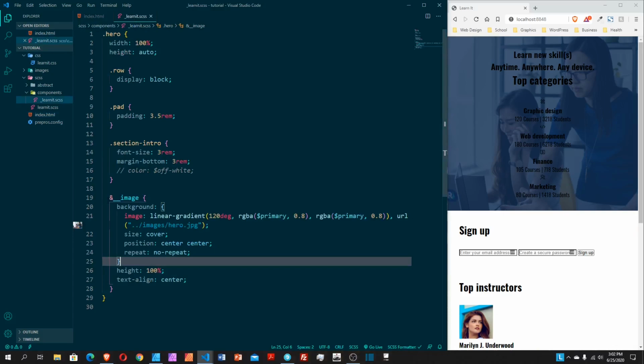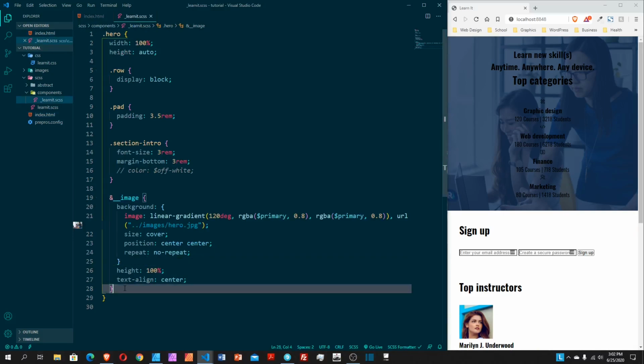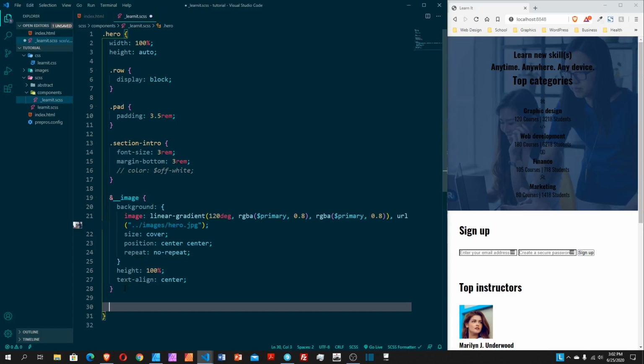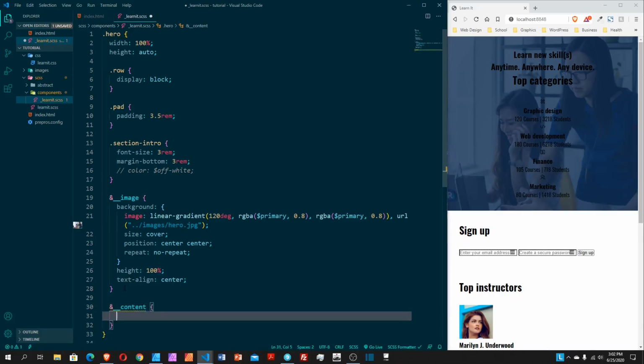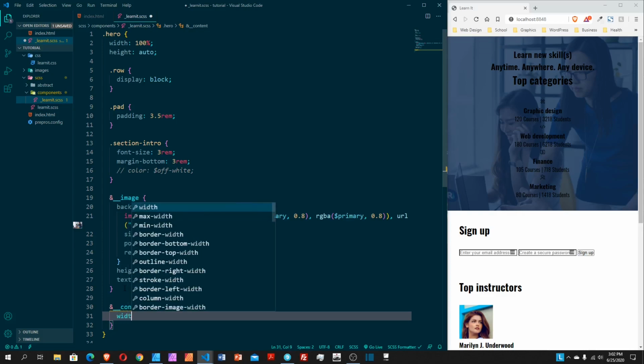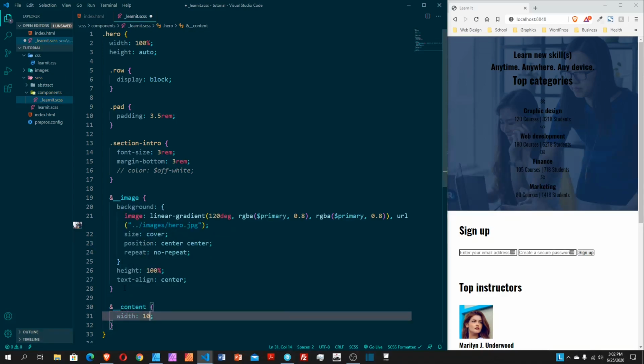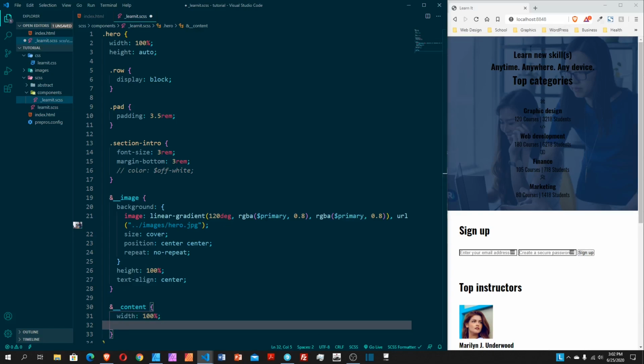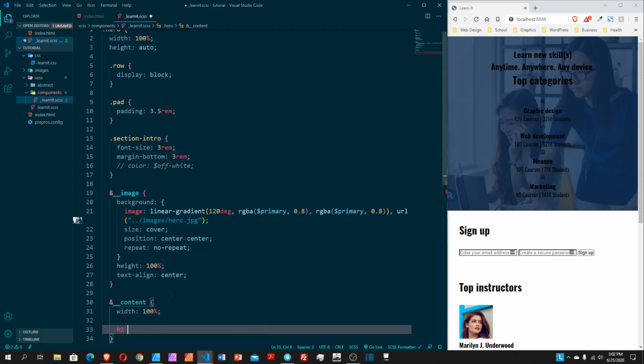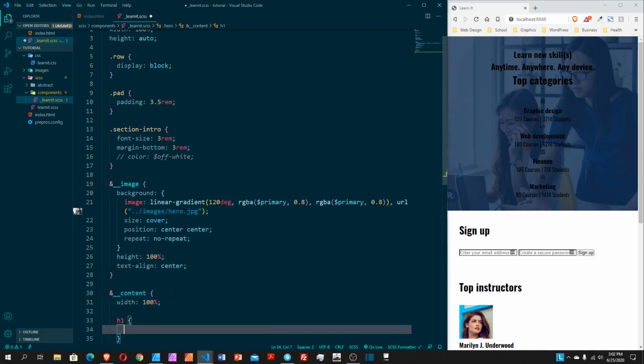So I go down here again. Instead of specifying hero content again, I can put the ampersand to underscore contents. I will say its width to be 100%, and the H1 inside of it is the H1 right here. Inside of it, I will select H1. I will say its color to be off-white,